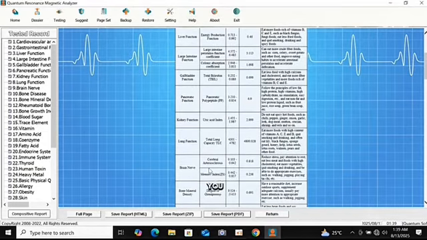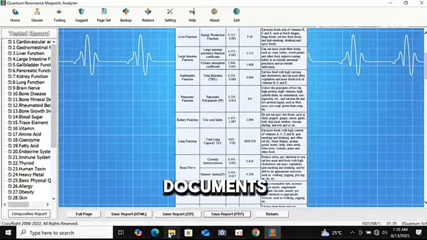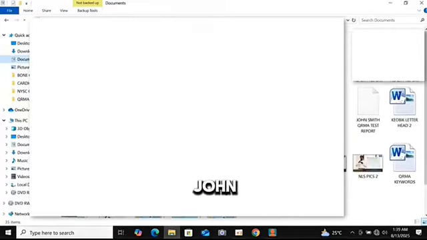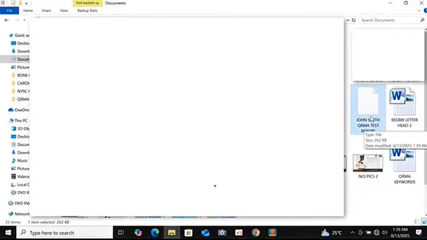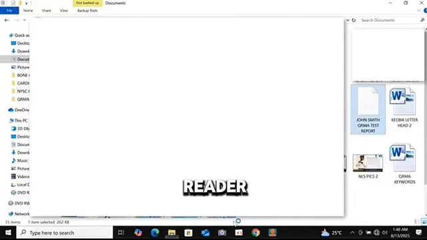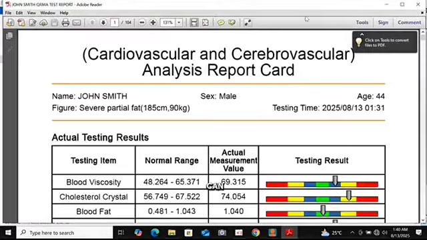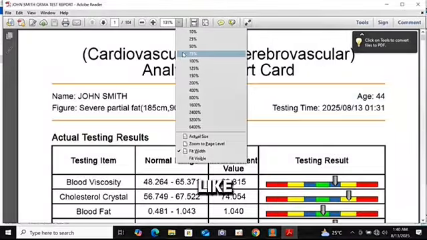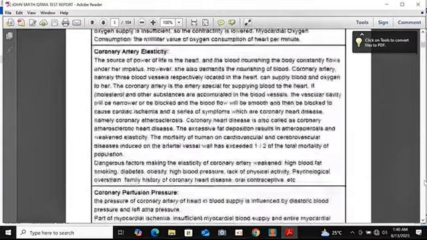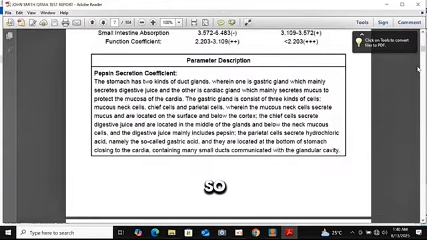With this, you can always go to your documents, go to My Documents, look for John Smith, and click on it. You can see it's asking for which format. I say PDF, that's Adobe Reader. Can you see how the report looks? Let me reduce the font size. You can see the reports. Okay, so that's it. So if you want to forward to your patient,